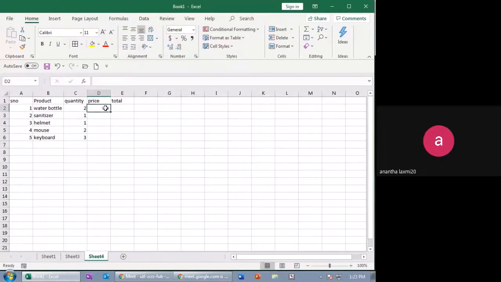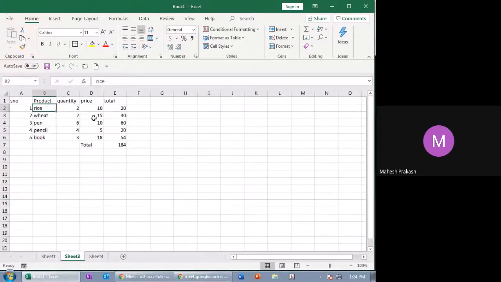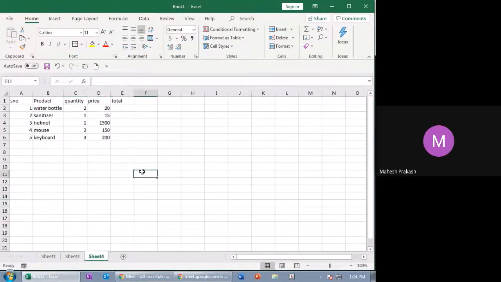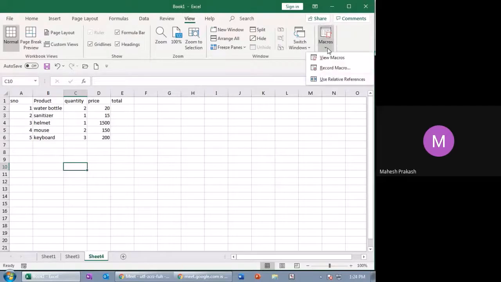Their price: water bottle is 20, sanitizer is 15, helmet is, mouse is 150, keyboard is 200. Now see, the table is similar, but the product names, quantity and the price are different. As you remember, I've told you that macros is there.